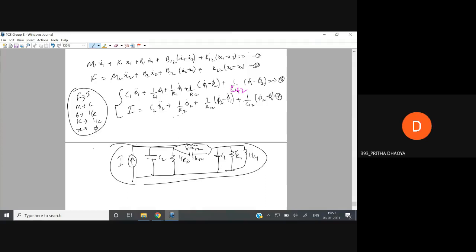In the fourth equation you also see 1 by L12 in the last term. Right? So this will be 1 by L12. Anything else? Do you see any mistake? Okay, you can check it later if there is any mistake. I will be forwarding this recording also, so you can check it afterwards. Yes, please ask. Yes, sir.